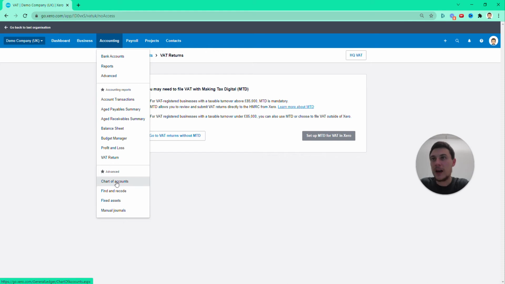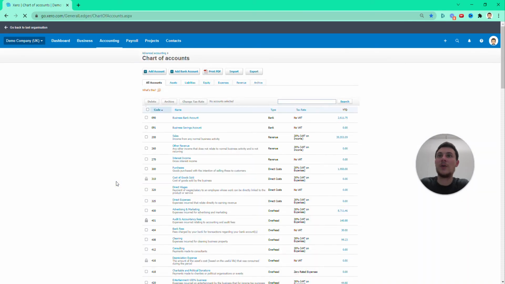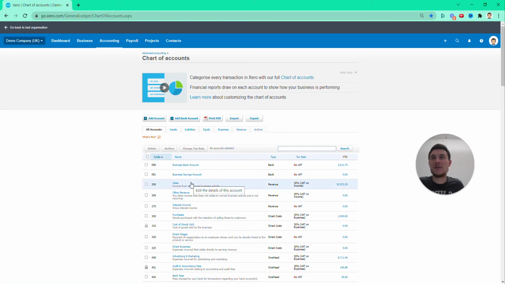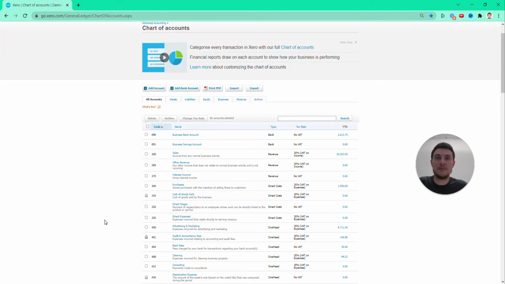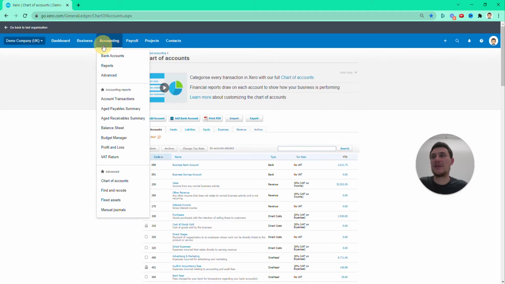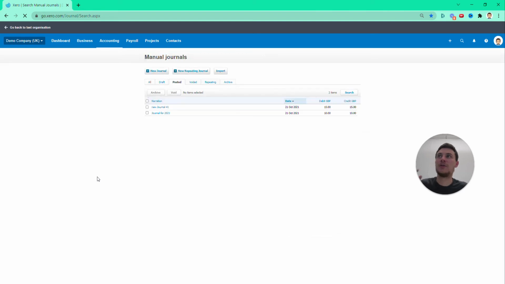The other useful things are chart of accounts. Obviously you see all the accounts that you post to. This is obviously a default account for this demo company, but you or your accountant would decide what accounts you want to see and categorize your transactions into. And then finally, manual journals, which is very much an accountant